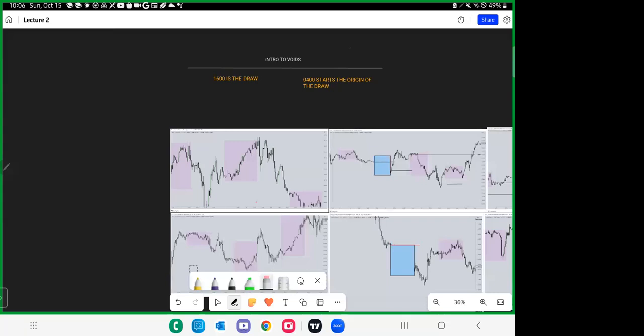And 4 a.m. through to 9:30, that's kind of like a pre-market. Some brokers will allow pre-market trading. But at a certain time is when orders are actually executed, which I think is about 7 or 8:15, I believe, or maybe CME. However, we're taking the understanding of those time windows, primarily 1600 and 0400, 1600 being 4 p.m. EST, 0400 being 4 a.m. EST. We're understanding that window of time,